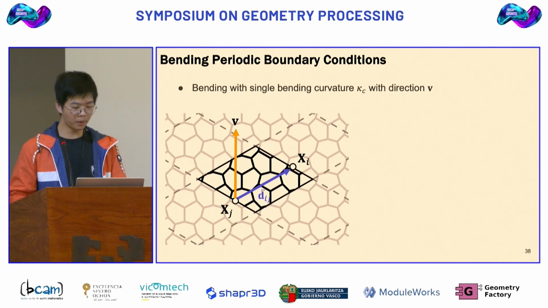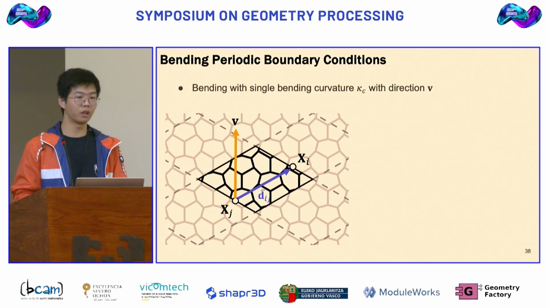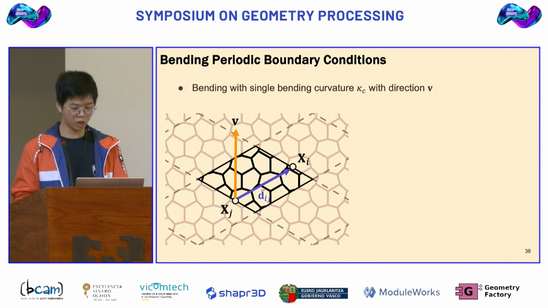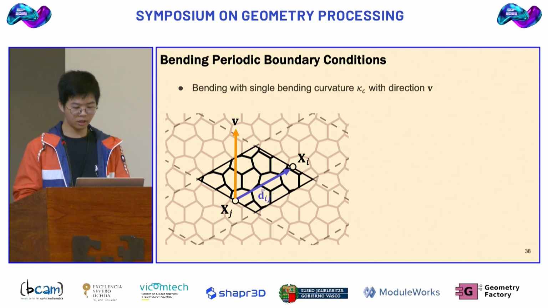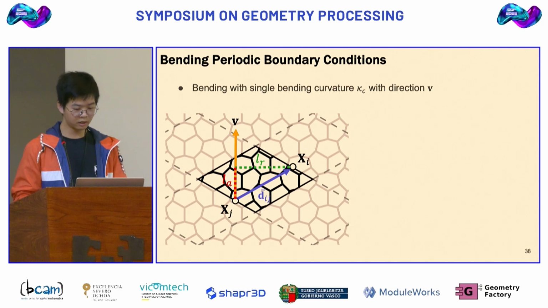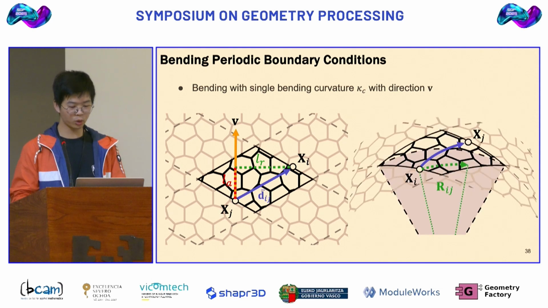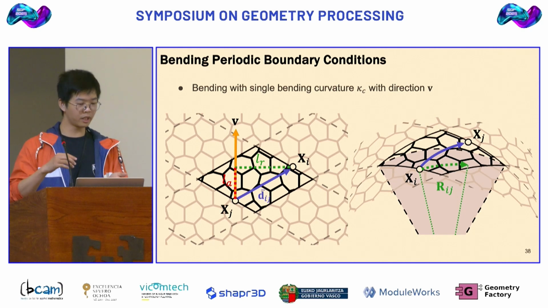For bending, cylindrical bending is a natural choice since it does not induce Gaussian curvature, which would introduce membrane deformations. So for the bending periodic boundary condition, we decompose the translation vector dij in the rest state into the bending direction and its orthogonal direction, which gives us these two orthogonal lengths. This length, LR, will be mapped to the radial direction of the cylinder. And it can be used to compute the rotation, because we know the length of the cylindrical bending, and it is